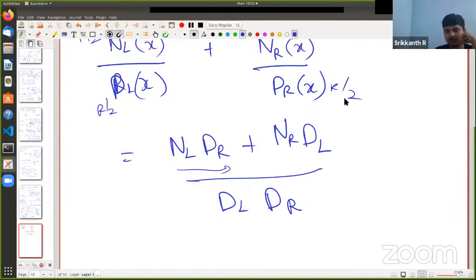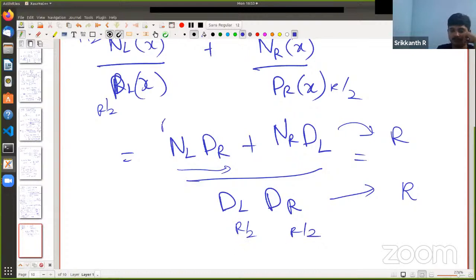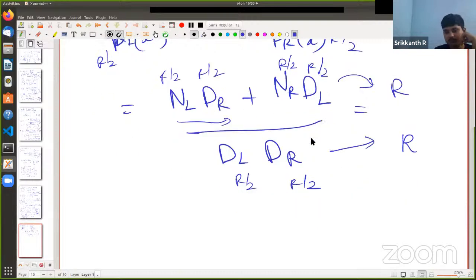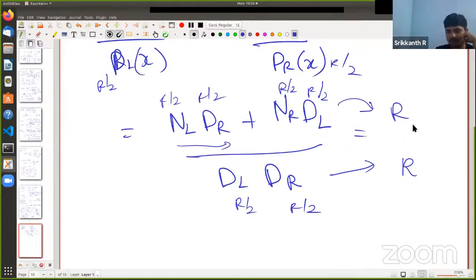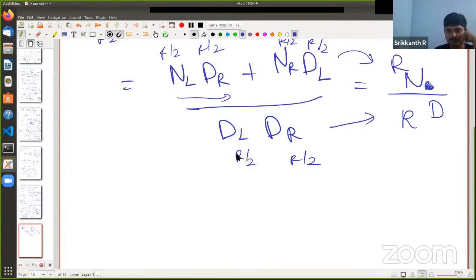And the degree of this term here in the numerator is a degree r term. The denominator is also a degree r term, because we're multiplying two polynomials of degree r by 2 each. Okay, and we can get polynomials N by D like so. Let's say T of r is the time complexity for a polynomial with degree r. You can write that as 2 times T of r by 2